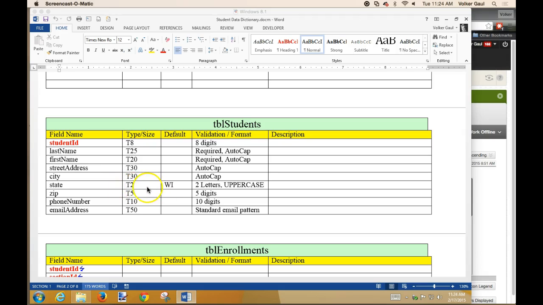For the state, we said it's a T2. We're going to use state abbreviations, 2 letters, uppercase. We can do more validation than that. If we had the time, what I would more likely do is have a states table. There's a limited list, right? A 50, that's not a big table. Throw in the